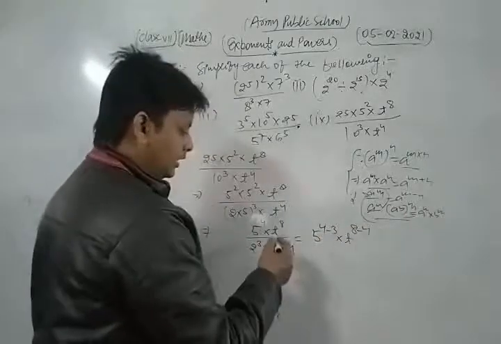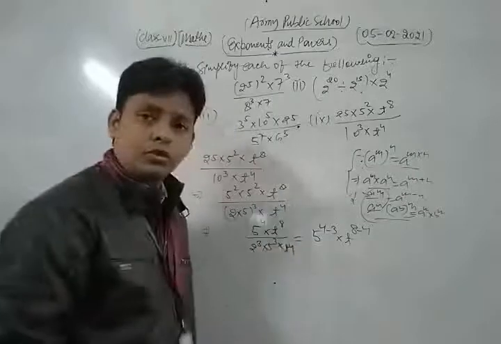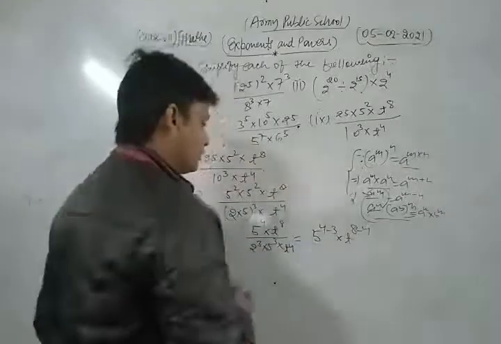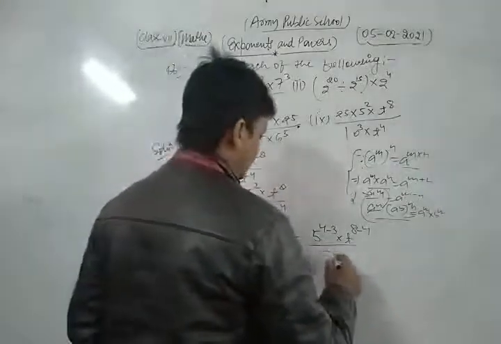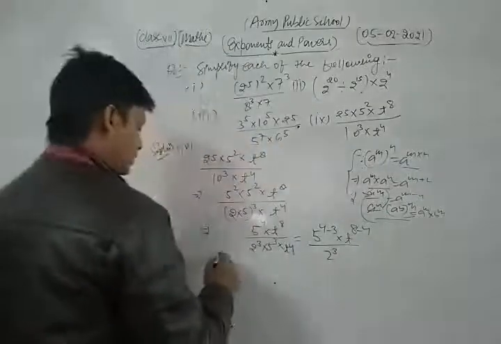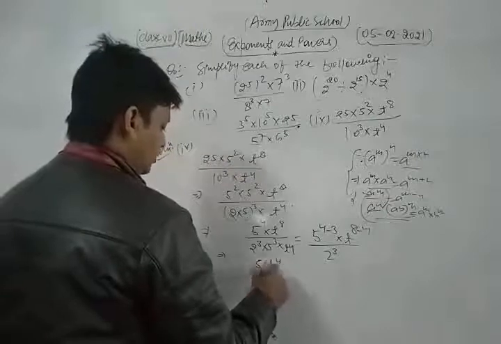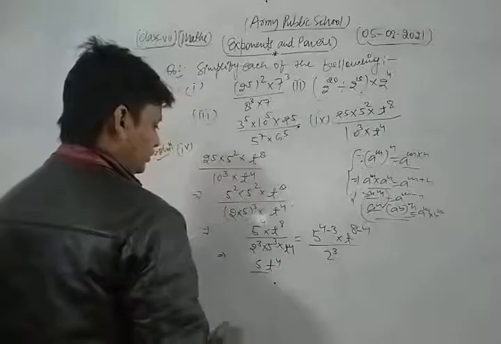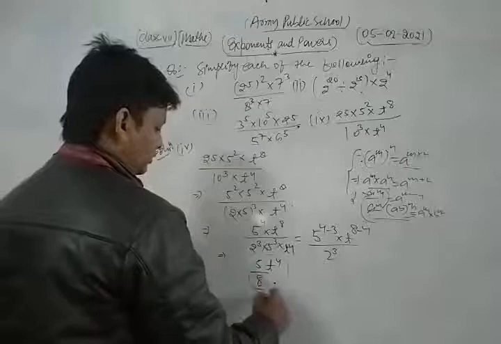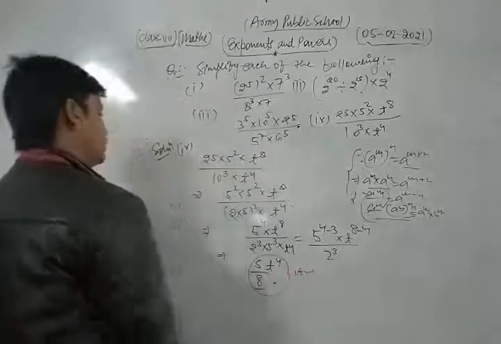Because the bases are the same, t power 8 and t power 4, so apply laws of exponent. So upon 2 power 3 write as it is. So we get 15 power 1 written as t power 4 upon 2 power 3, t to the power 4 to the 8. So this is the simplification of the given question.